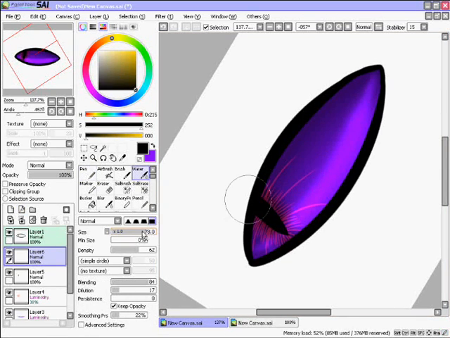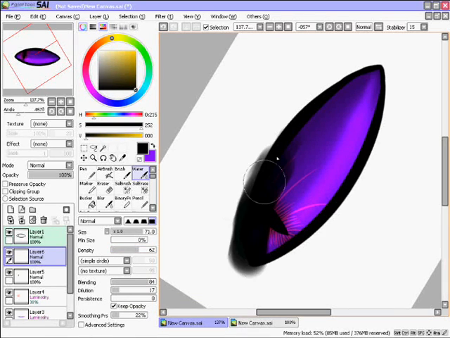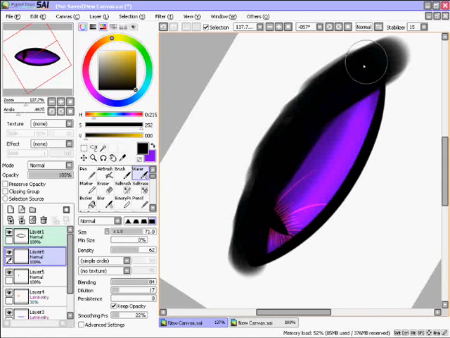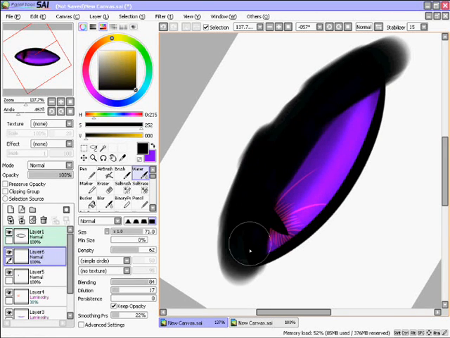Now I get my water tool. I've got it to a blending of 84 and a dilation or whatever of 7 and a persistence of 0. My density is about 62, though I tend to mess around with that sometimes. Now we're just going to start by darkening completely the top of the eye, and then we just